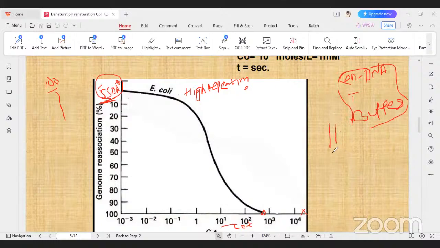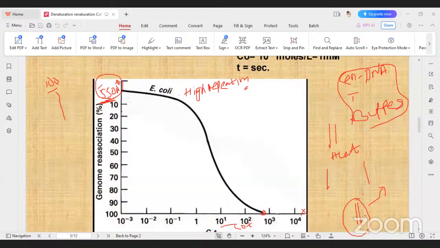Double stranded DNA, when you apply the heat, what happens automatically? The double stranded DNA gets separated into single strands. After it cools down, these two strands renature again. This time we calculate the renature time, and this renature process mainly depends on